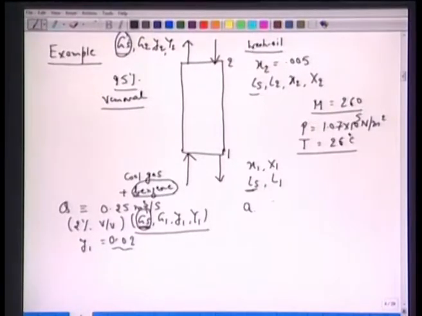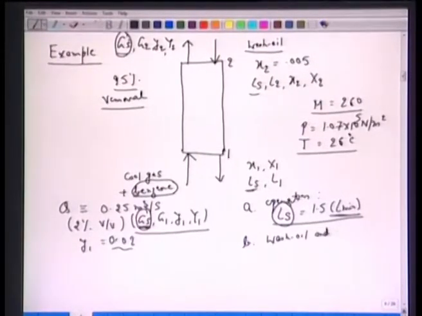One, on operation, it says similar to what we just discussed a while ago, the Ls solvent flow rate is 1.5 times the L minimum. All right, so from here we should be able to calculate the actual Ls. But first, before that, we have to find out the minimum amount, L min, required. And two, it says that the wash oil and benzene system behaves as an ideal mixture.